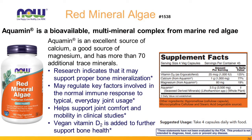So it's a multi-mineral complex. This is a naturally occurring 1 gram of calcium and 80 milligrams of magnesium. The magnesium is not added. That's naturally in here. And it also contains those trace minerals. This is actually the one that we use in our house and I give to my family for a calcium